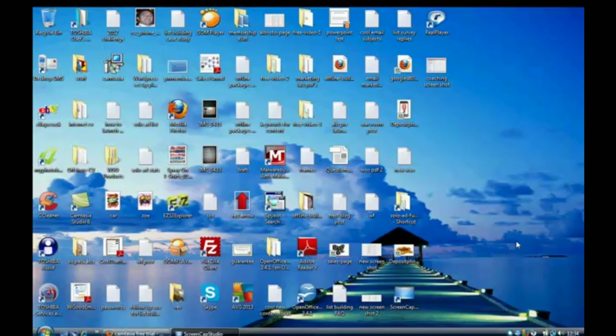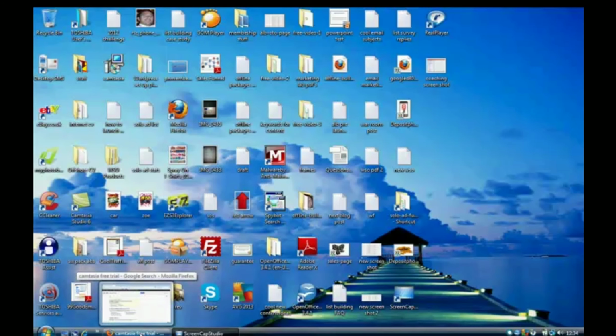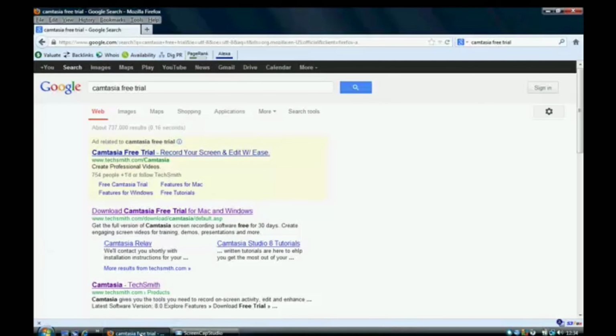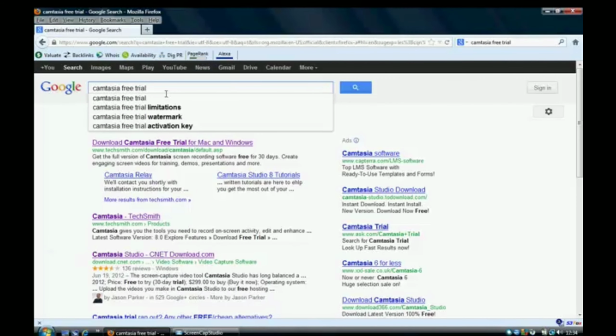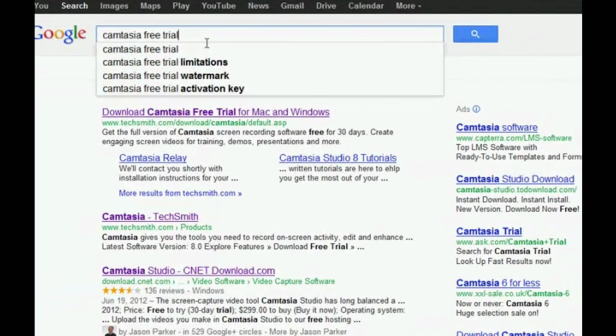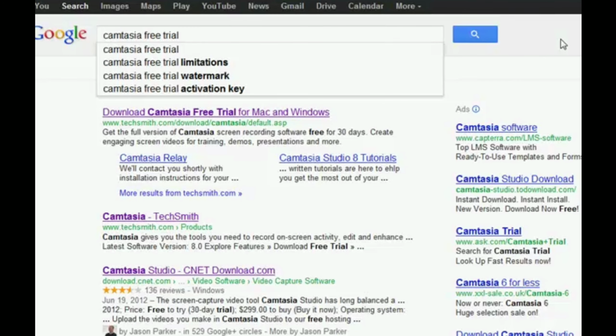Now the first thing we need to do is go over to Camtasia and download your free trial. Camtasia is the actual video software that I use. I've been using Camtasia for around 4 years and they are absolutely fantastic. I've used Camtasia to create every single one of my videos, and I've created hundreds of videos, so they work really well. So all you need to do is just go to Google, type in Camtasia free trial and look